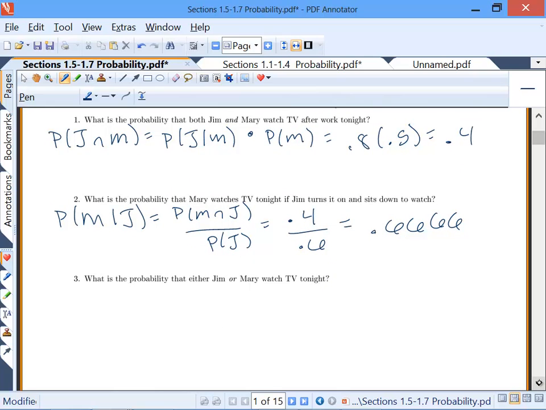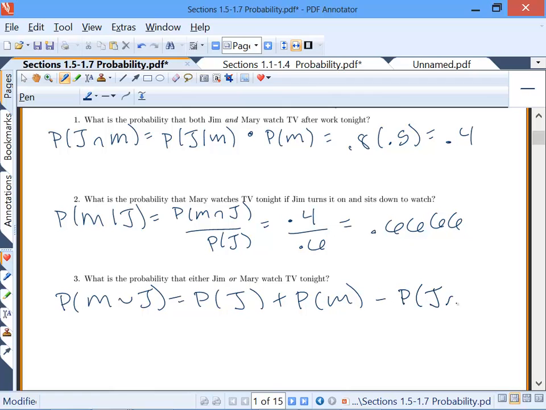And what is the probability that either Jim or Mary watch TV tonight? So what does that sound like? A union. And what is our formula for unions? Do you remember from yesterday? Jim plus Mary, minus the